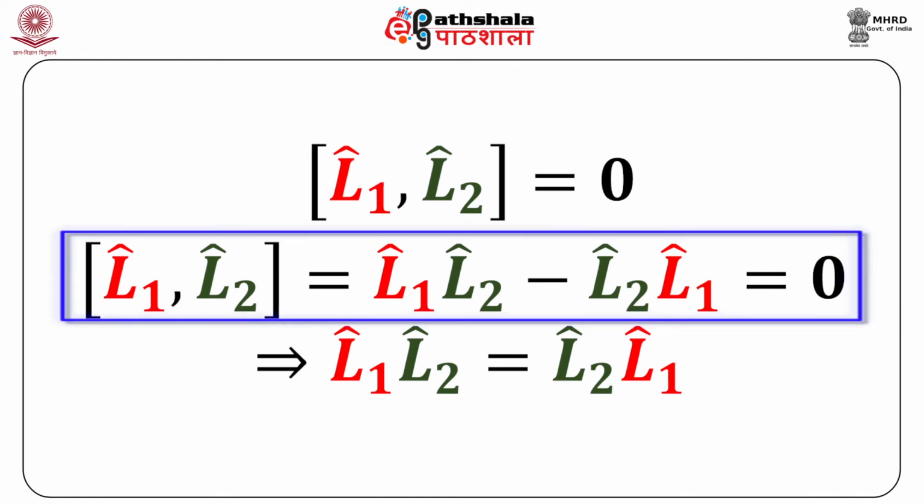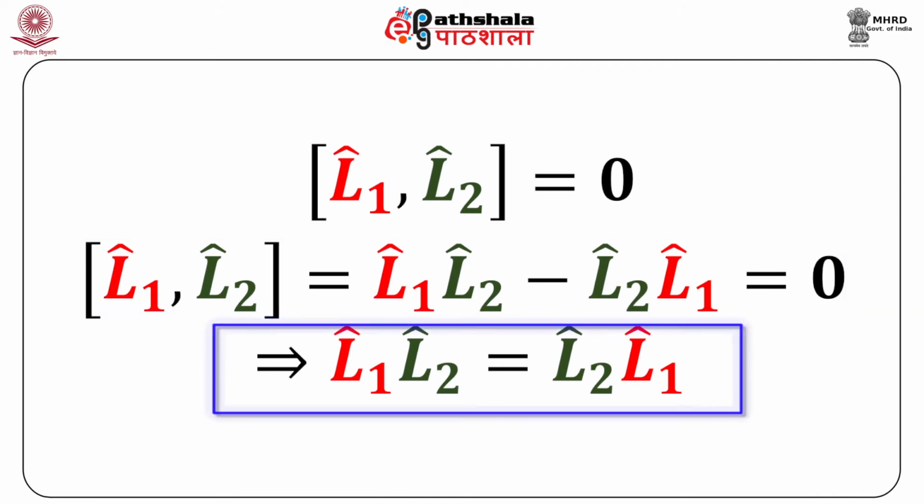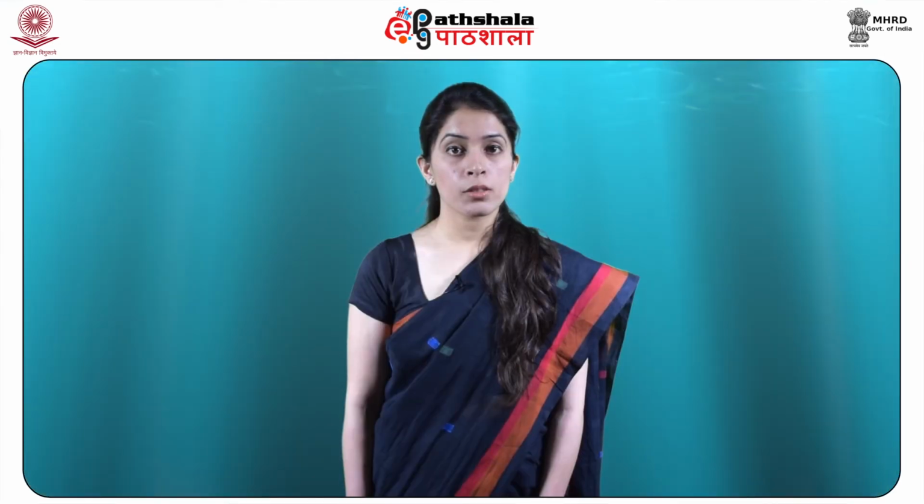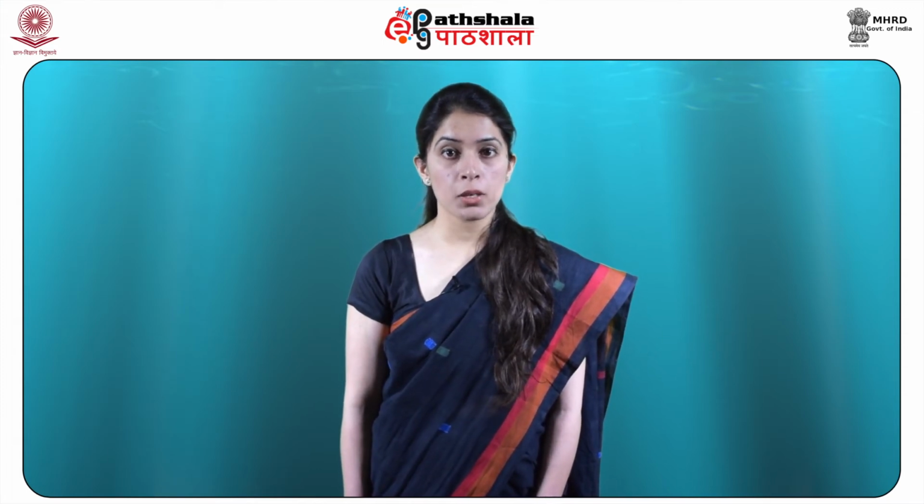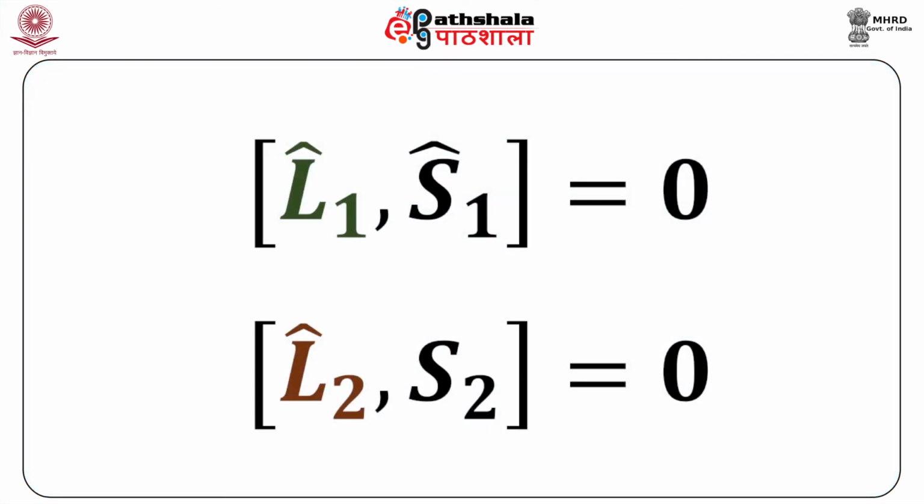That means L1 L2 minus L2 L1 becomes 0, which implies that L1 L2 equals L2 L1. It is important to note over here that if we consider orbital angular momentum and spin angular momentum of the same electron, even they will commute, as one will affect only functions of the spatial coordinates while the other will affect functions of the spin coordinates. So, with this we can write the commutator for L1 S1 as 0, and similarly for L2 S2 it is